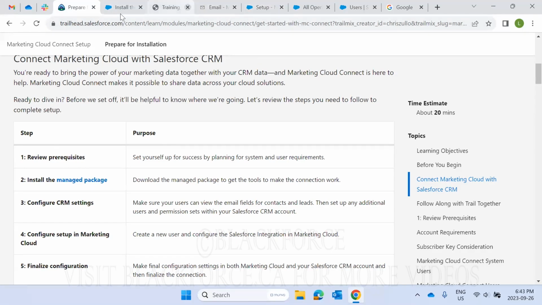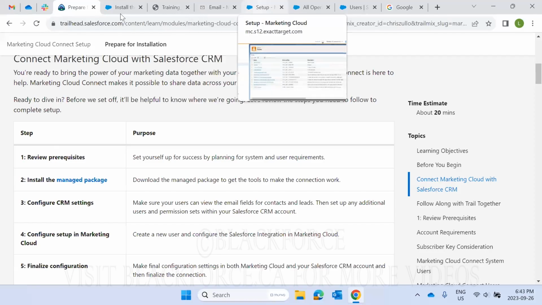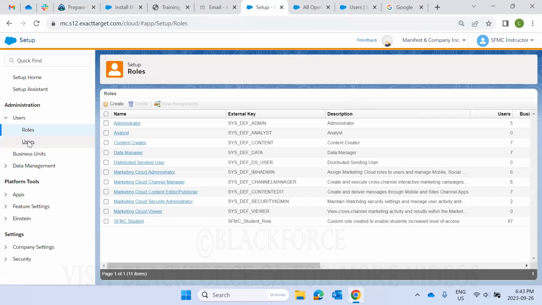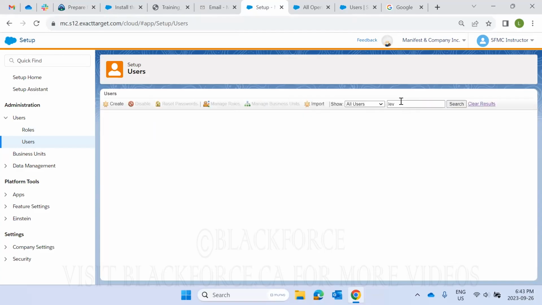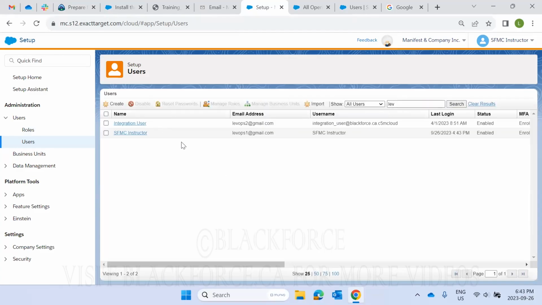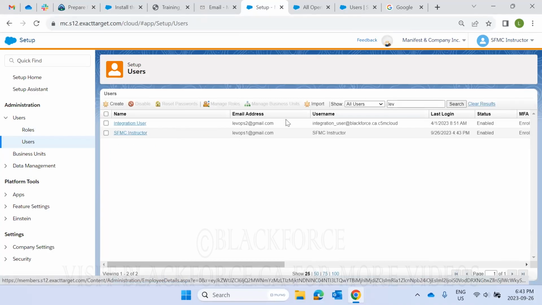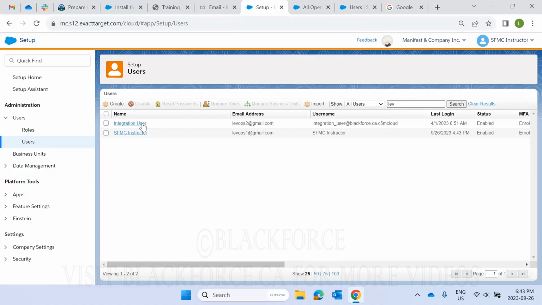Just before we go through these steps, I'm going to do a few things. So let's go find, okay, so see here, this is the integration user that I used for cohort 5. So instead of creating a new one, I'm going to reuse this user. Okay, so if we go take a look,